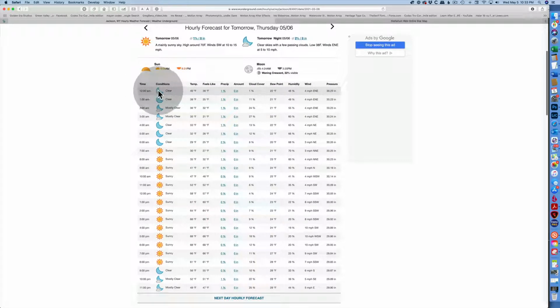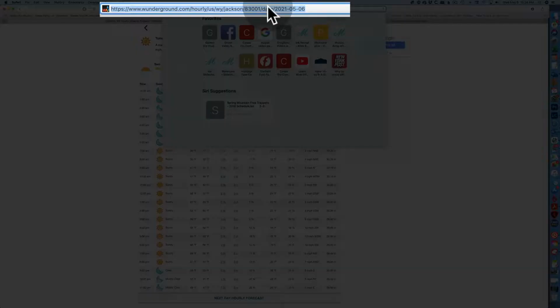Tonight I've got clear, mostly clear skies, right on through the sunny day tomorrow. So tonight would be pretty good, mostly clear. A little bit of clouds is okay. And so, yep, I could go. And if I were going to do that, then I would go immediately on my computer and go to